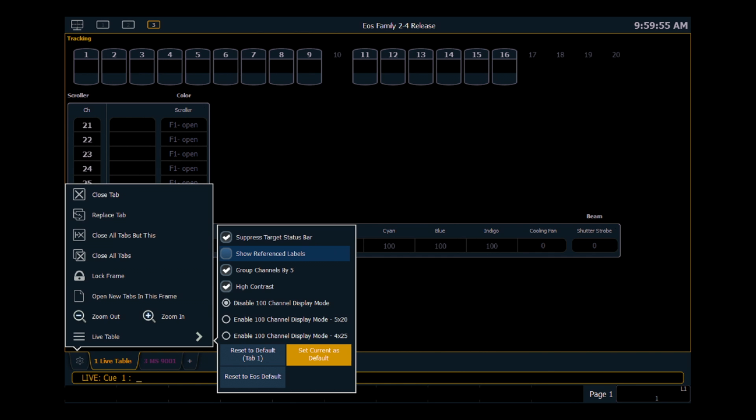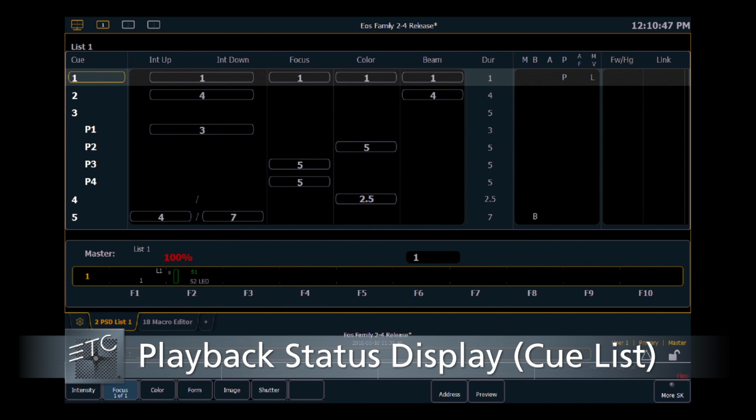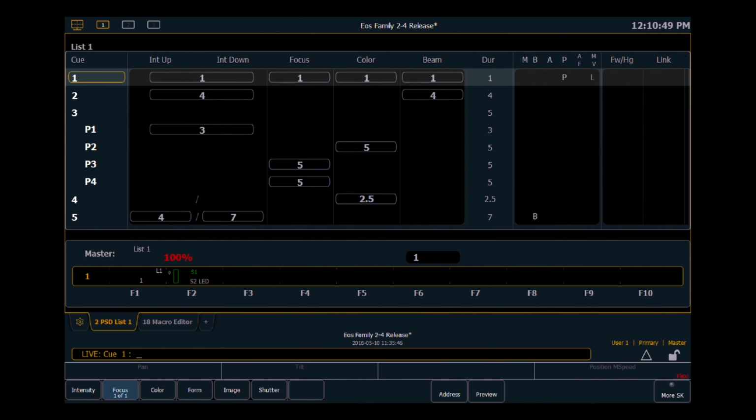As I make those modifications, I can reset that tab to the default, which is currently set as tab 1, or I can reset it all the way back to the EOS default. And a quick note about reference labels in particular, your About screen will display whatever your default tab setting is for show reference labels. In addition to the configuration tools that we've done in the live and blind display,